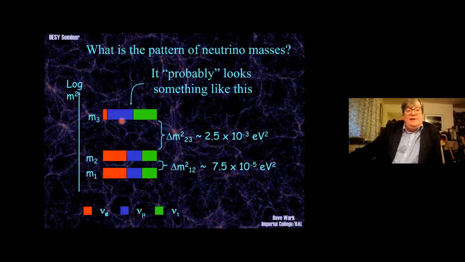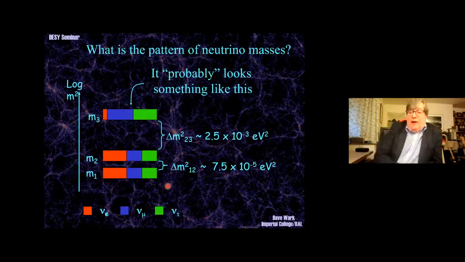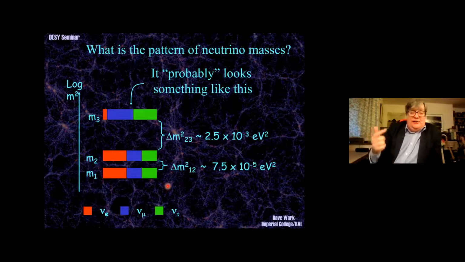There's this one with a pattern of masses where the difference between these two, now notice these are nu e, nu mu, and nu tau, the things you've heard of. And there's a nu 1, nu 2, and nu 3. So nu e, nu mu, and nu tau are the things with well-defined weak interactions, and nu e couples to an electron. Nu 1, nu 2, and nu 3 are the things that have well-defined masses, the things that will propagate in a vacuum. Okay, the eigenstate of the free particle Hamiltonian. The eigenvalue of that is the mass, right? And the things with well-defined masses are nu 1, nu 2, and nu 3.